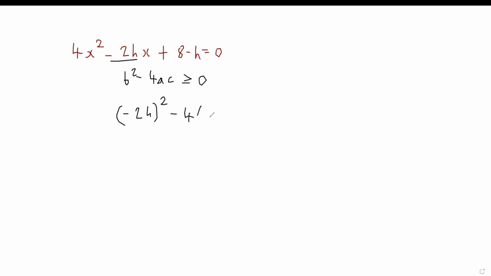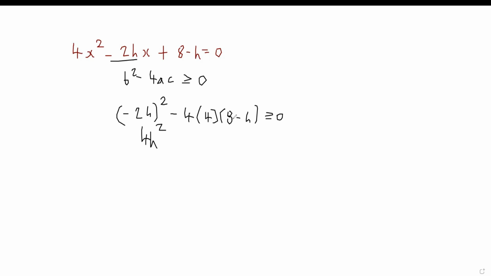4 times 4 times c. C is 8 minus h. So that is 8 minus h. And this is greater than or equal to 0. Then we're just going to solve for h. Square the 2 term to get 4h squared. Minus 4 times 4 is 16. Then 16 times 8 is, I think that's